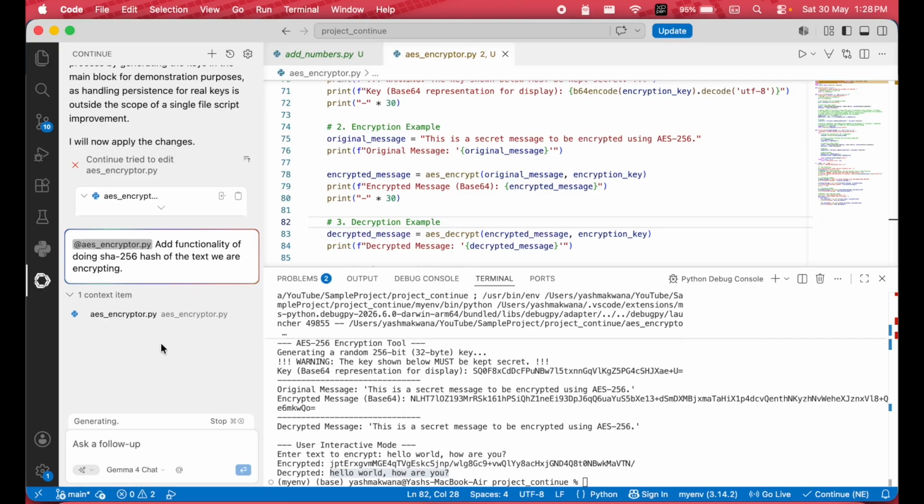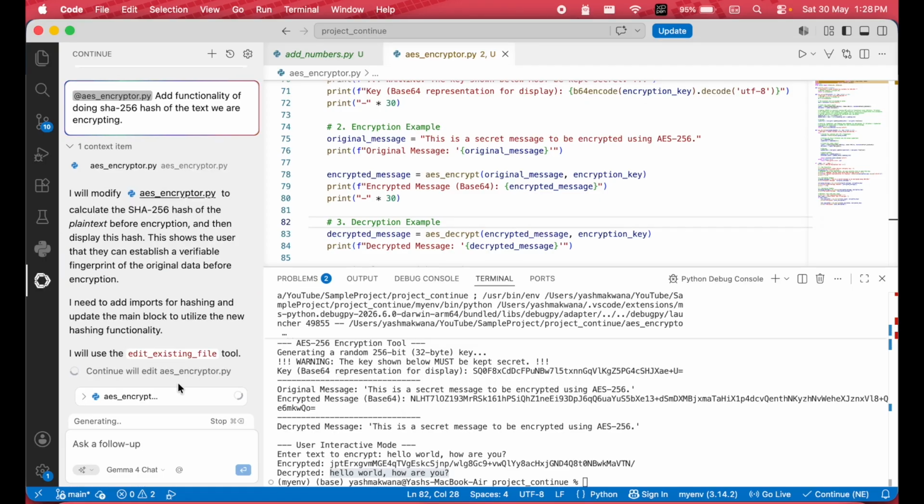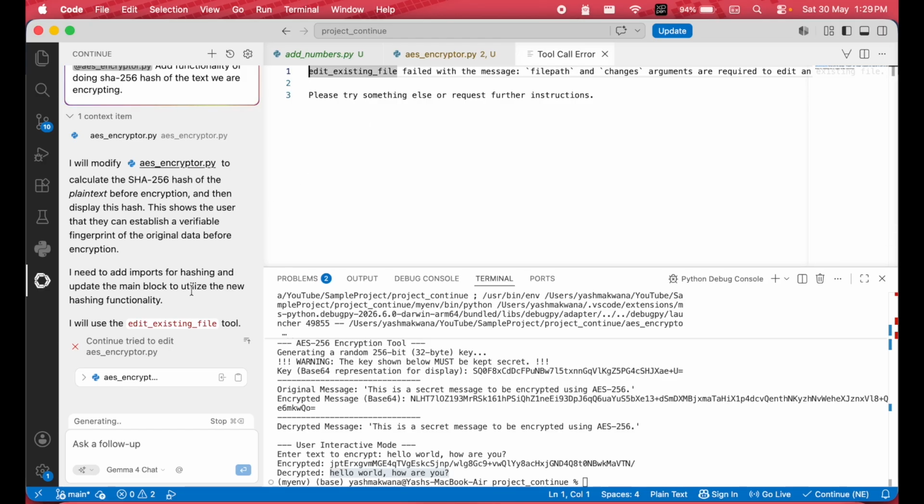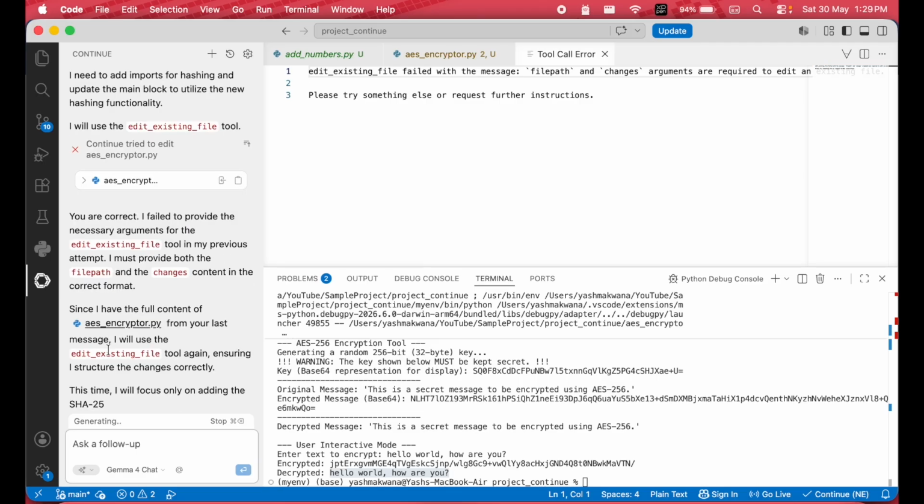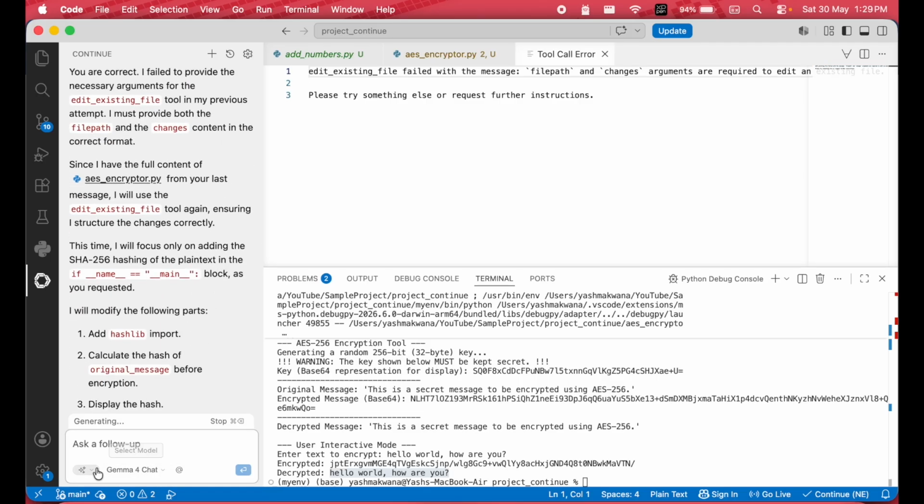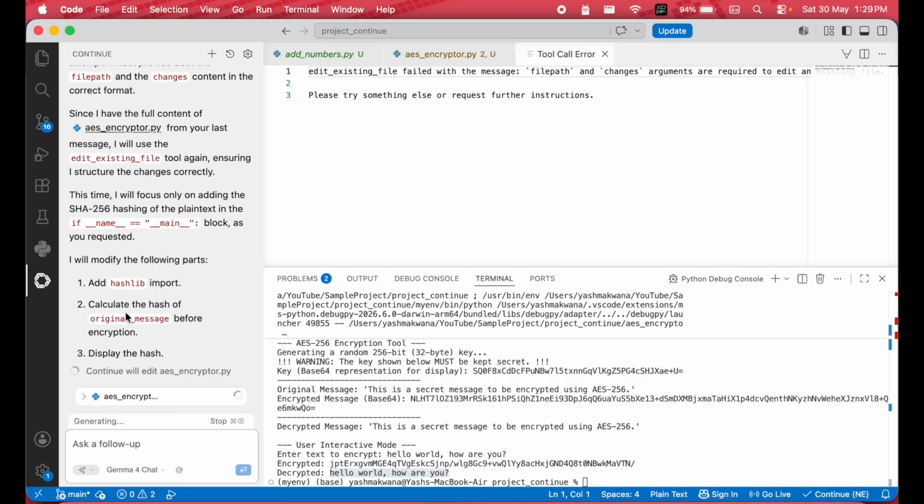So let's wait for some time. Now it is saying that Continue will edit aes_encryptor.py. File path and changes arguments are required. Please try something else or require further instruction. Okay, so there was a problem, and as it is in agent mode,